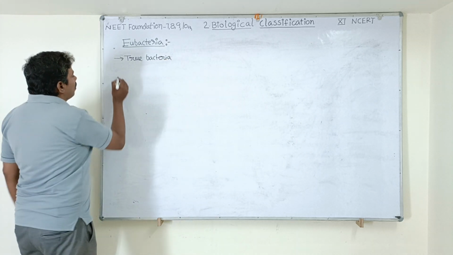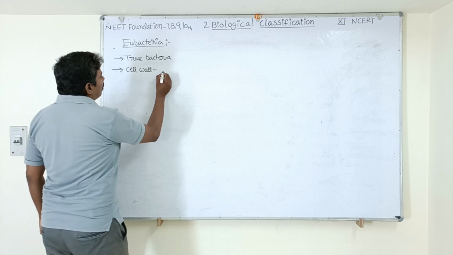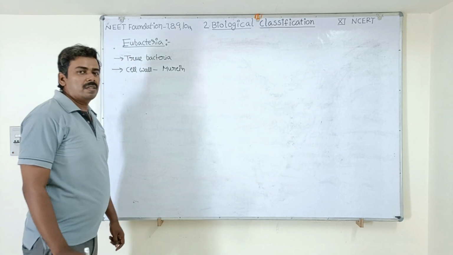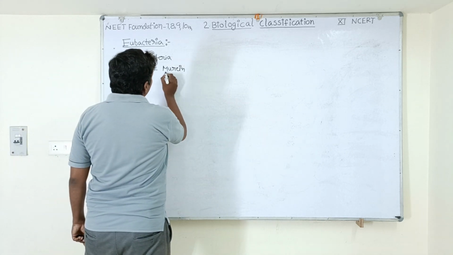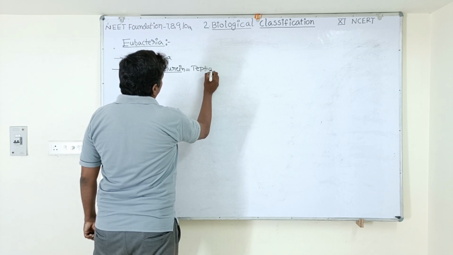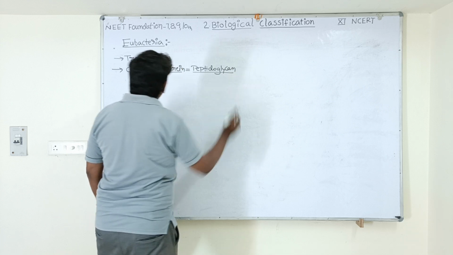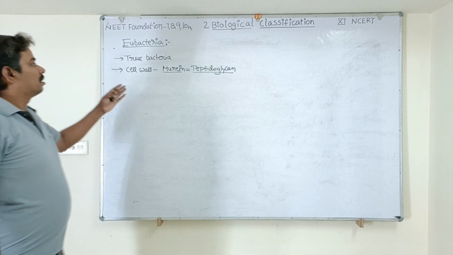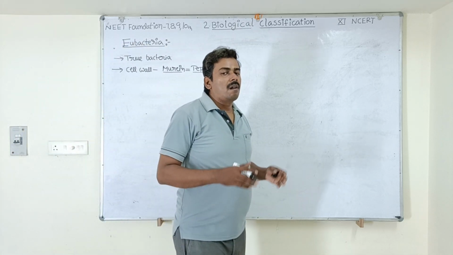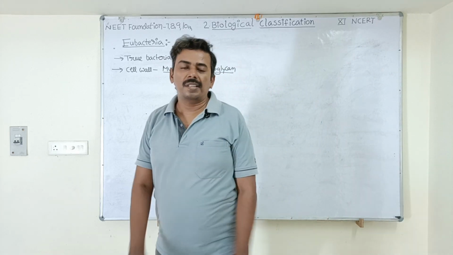Because they have a cell wall material which is called murein. So what is the name of the cell wall? Murein. Cell wall material is present, and murein is also called peptidoglycan. Peptidoglycan. This is another name of murein cell wall. Since they possess the cell wall murein, they are called true bacteria, and most of them are not capable of coping with extreme conditions. Okay, so they are not extremophiles.